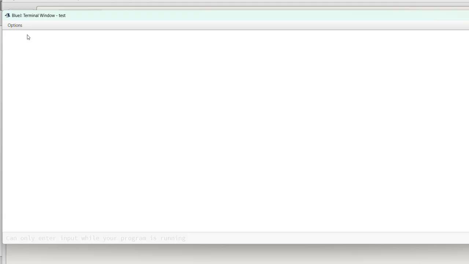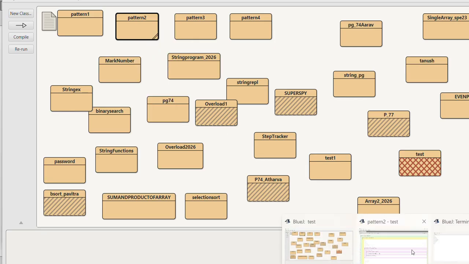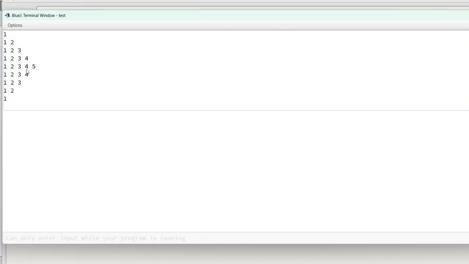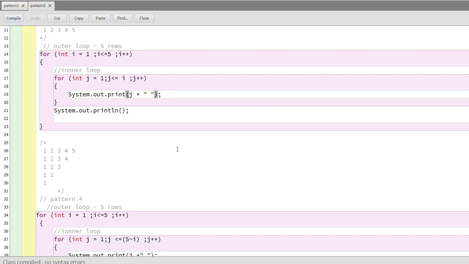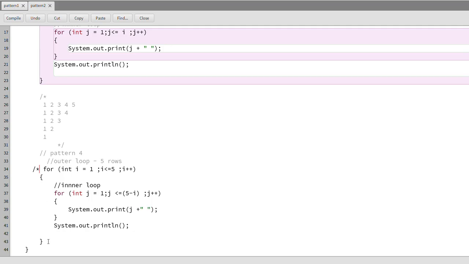Let me clear this so that you will understand it in a better way. Let me uncomment this code, because both the patterns are getting printed.